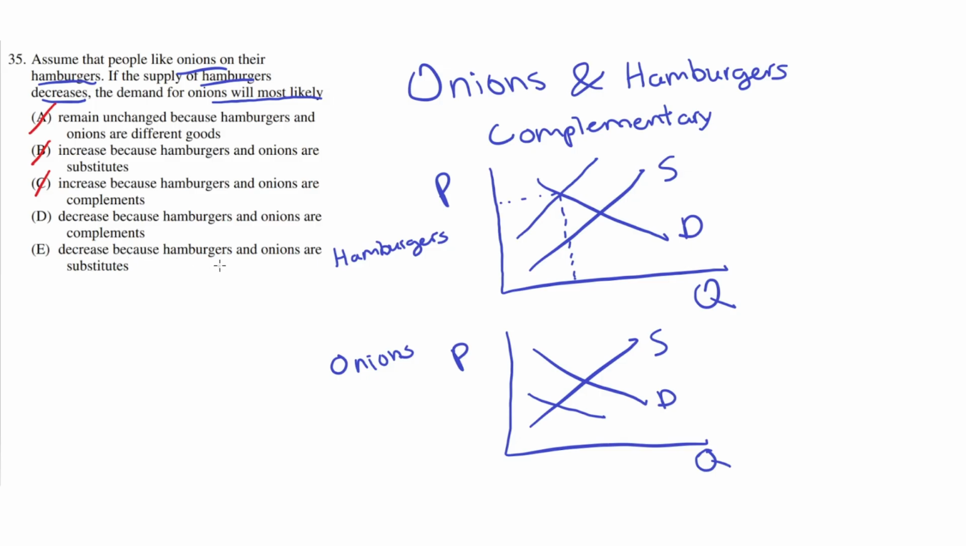E. Decrease because hamburgers and onions are substitutes. This is incorrect because although the demand for onions would decrease, hamburgers and onions are not substitutes. They're complements. So E is incorrect, and the correct answer is